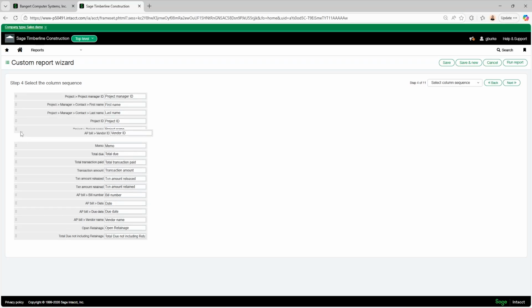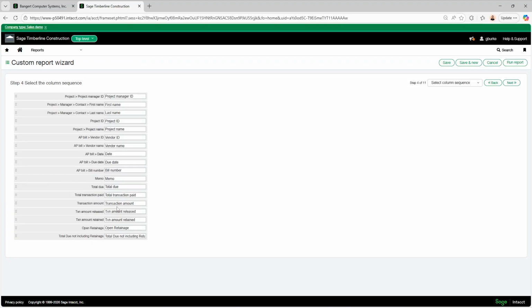And then I want to have the vendor ID and vendor name next. And then we'll want the date of the bill, due date, and bill number. Then it makes sense to have the memo.